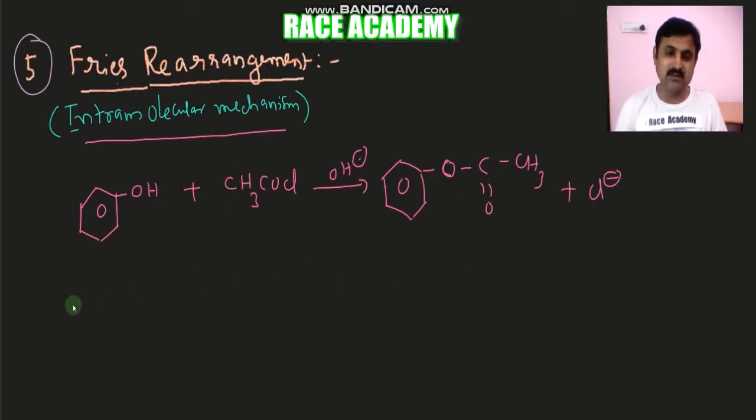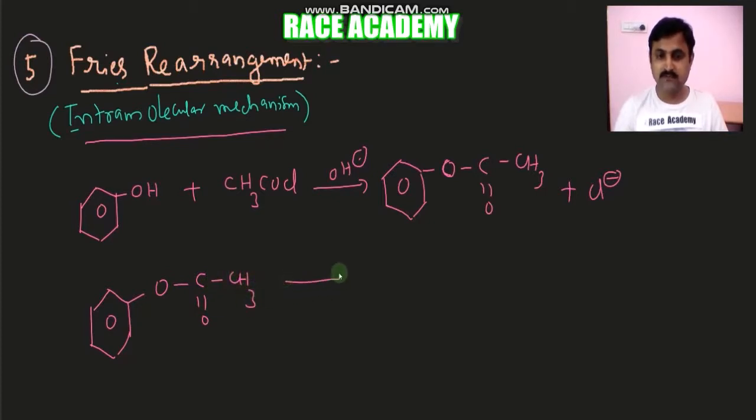And this phenyl ester, in the presence of anhydrous aluminum chloride in carbon disulfide, gives an intramolecular rearrangement to give ortho and para hydroxyacetophenones. So here we have CO, CH3. If it is treated with anhydrous AlCl3 in carbon disulfide,